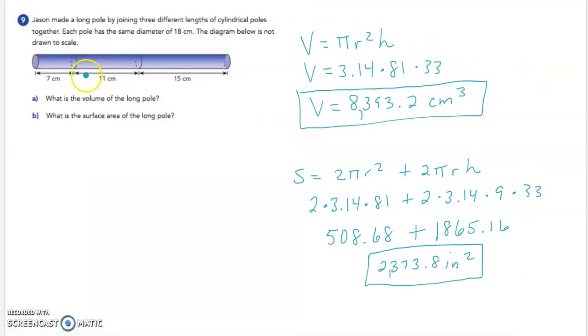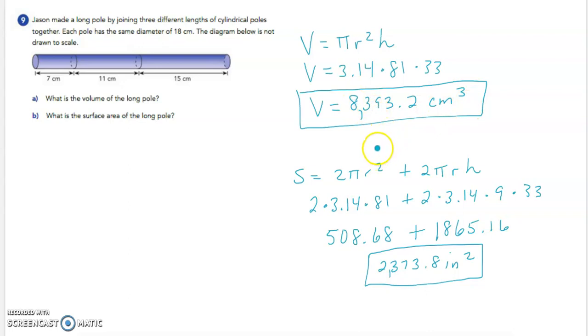All right. Last one here. So we have this long pole that's made by joining these other three poles together. We've got to find the volume. We've got to find the surface area. So to find the volume, its volume equals pi r squared times height. The height is going to be 33 because I just add these numbers together. And it says the diameter is 18, so that means the radius is 9. So we have 3.14, the radius is 9, so the radius squared is 81 times the height. Multiply everything together, I get